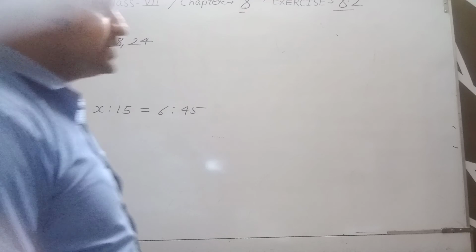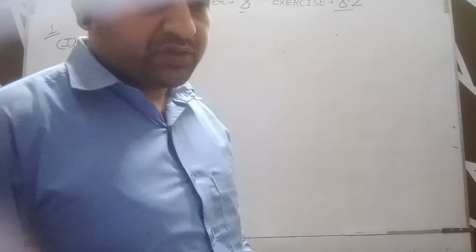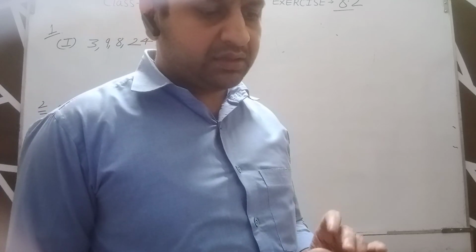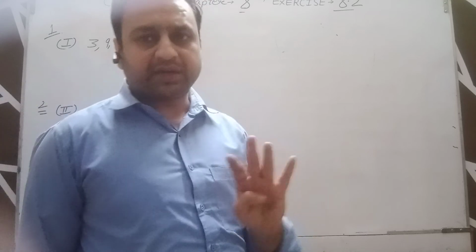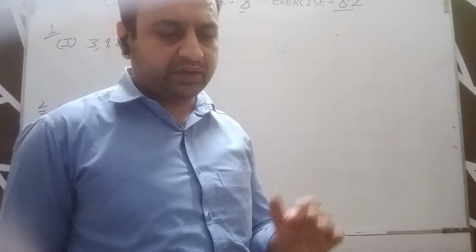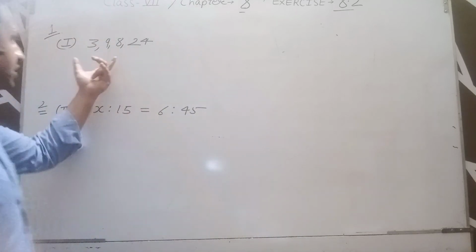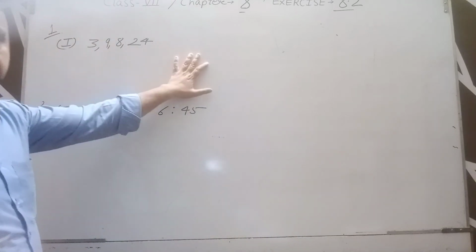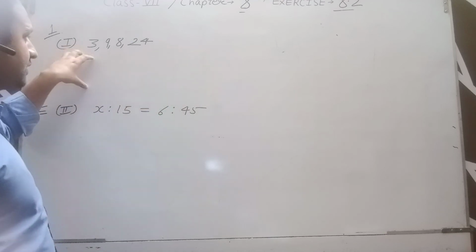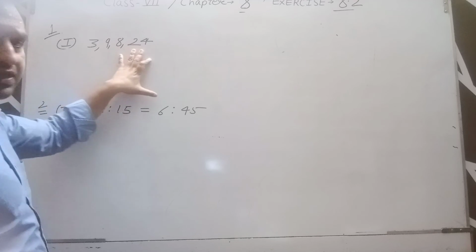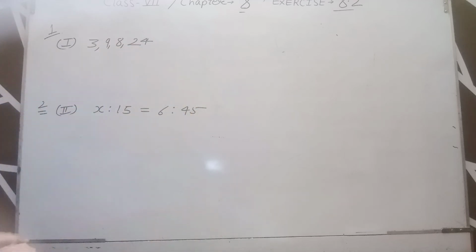Okay, now start exercise 8.2. In exercise 8.2, what is the first question? In the first question, there are 4 parts, and the question is: are the following numbers in proportion? In each part you are given 4 numbers, and we have to find out whether these 4 numbers are in proportion, yes or no. We just note down its first part because all parts are exactly the same. So you try yourself. How can we decide whether these 4 numbers are in proportion, yes or no? The method was discussed just now.